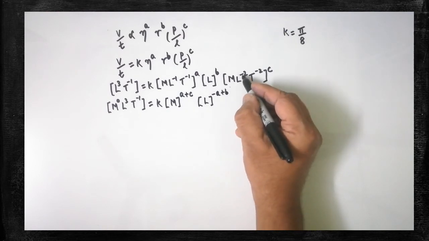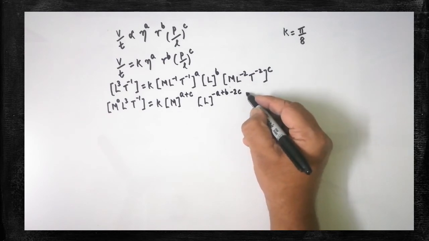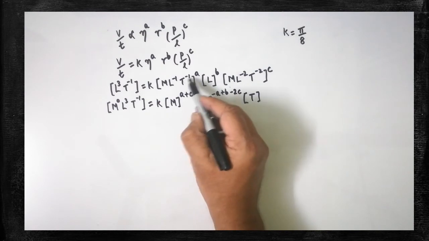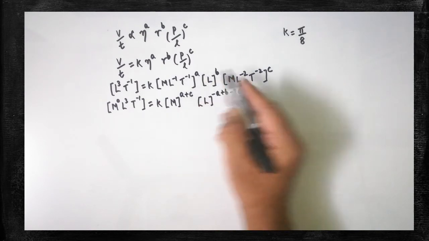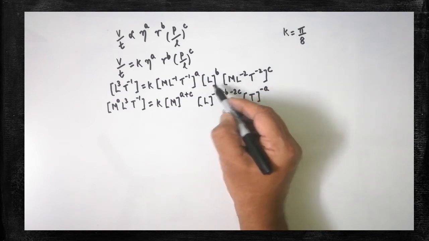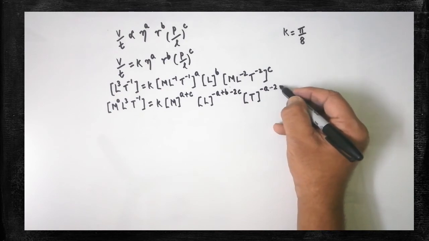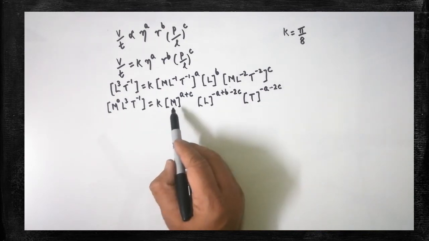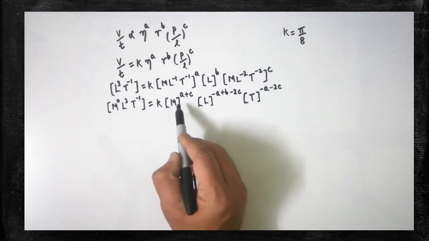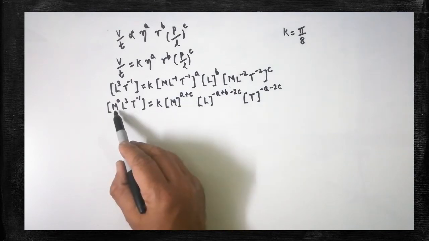Here L is there, power is minus 2. Minus 2 into C, minus 2C can be written. What is the next factor? T. Here T should be written. Substitute here: minus 1 into A, minus A. Understood? Here there is no T. But here T is there. What is the power? Minus 2 into C, minus 2C. So, here look at the factors. M L T is there. Here also M L T is there. Now we have to equate and compare the powers of the LHS and RHS.